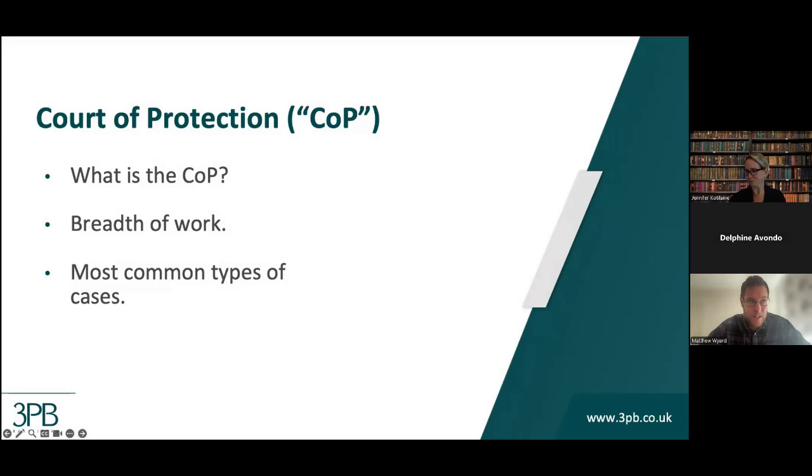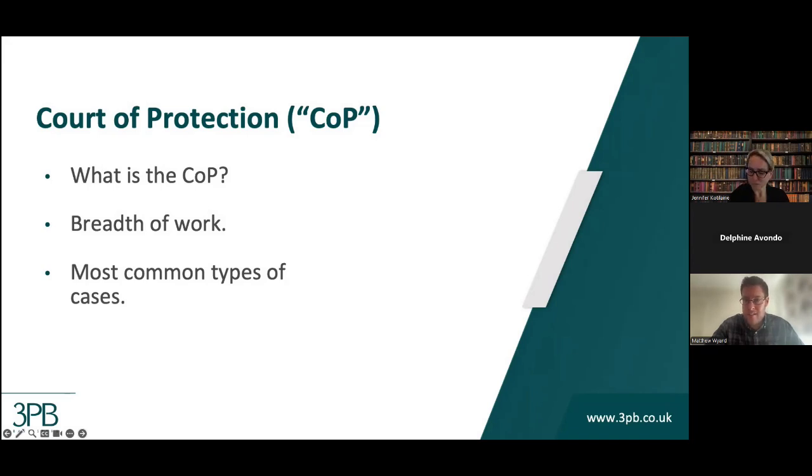Now, admittedly, that all sounds quite vague. What are the actual kinds of scenarios that crop up in the COP? Well, there are broadly two streams of cases: those that deal with an individual's property and affairs, and those that deal with their health and welfare. So under the property and affairs stream, you can deal with things such as whether someone can manage their own property and finances at all. You can have decisions made about whether someone can buy or sell a property, if someone can continue to carry out a contract that they've entered into, or even execute a will. We'll perhaps leave that to the private client lawyers.